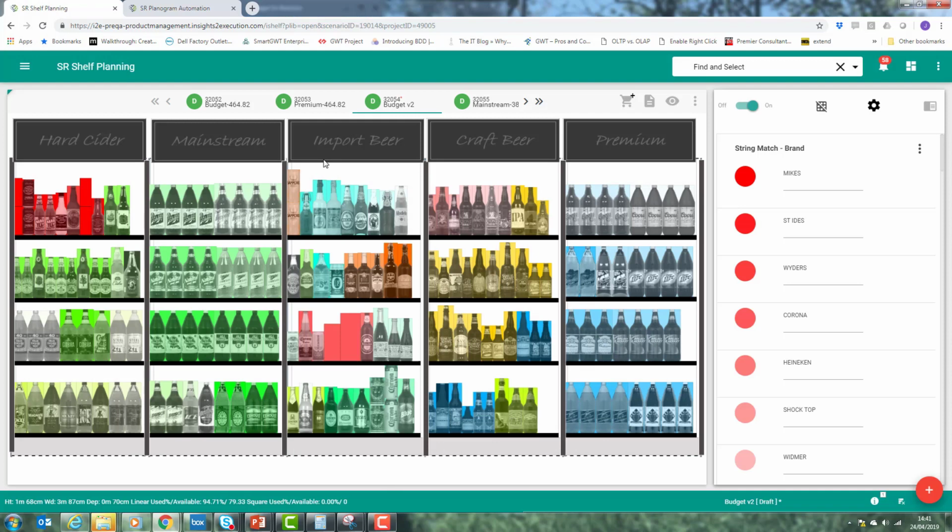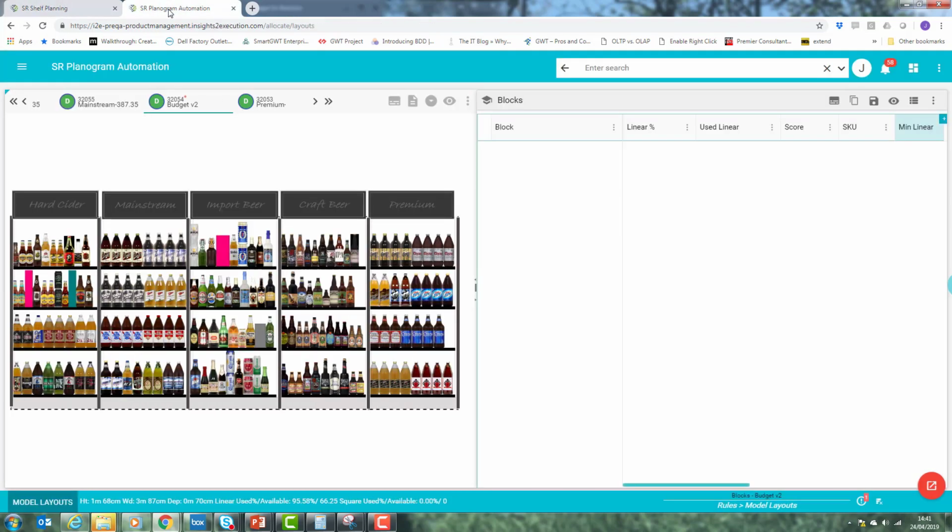So we're now going to move from the shelf planning solution to the planogram automation solution. And you can see I've got the planogram I was working on. I've also got the other planograms that we didn't look at, but we've actually got a set of planograms that represent all the different stores in our estate. But for the purposes of this video, we're going to focus on the budget cluster of stores and the planogram